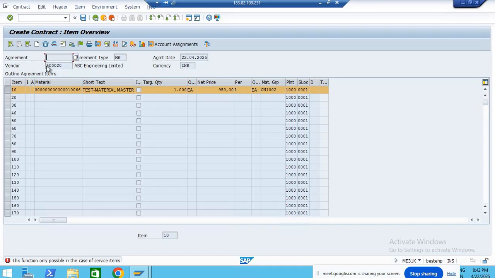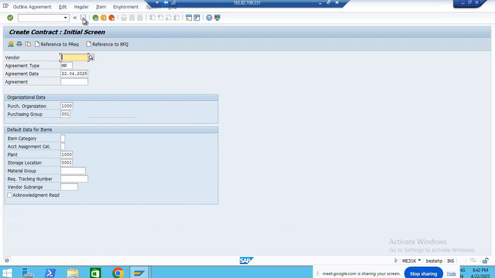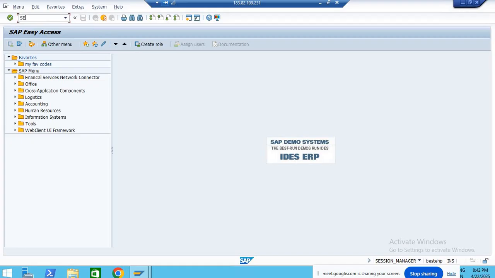We don't have any number, but when I save, we will get a number as the agreement, and now I'm just going to save, and here you can see this is the number. If I want to check the table,